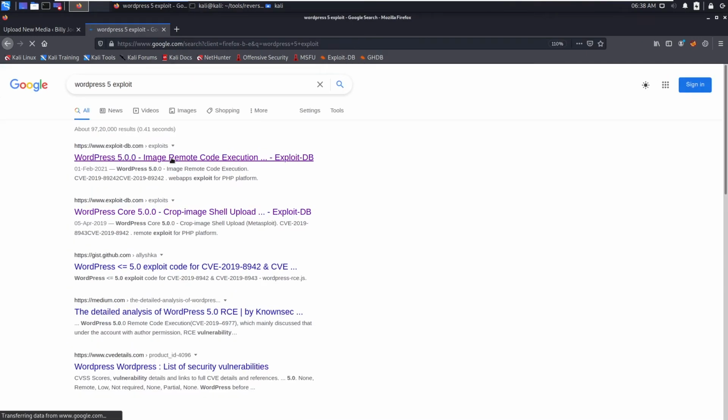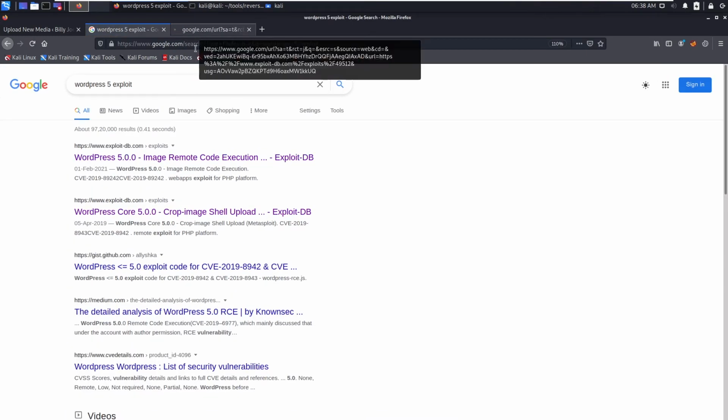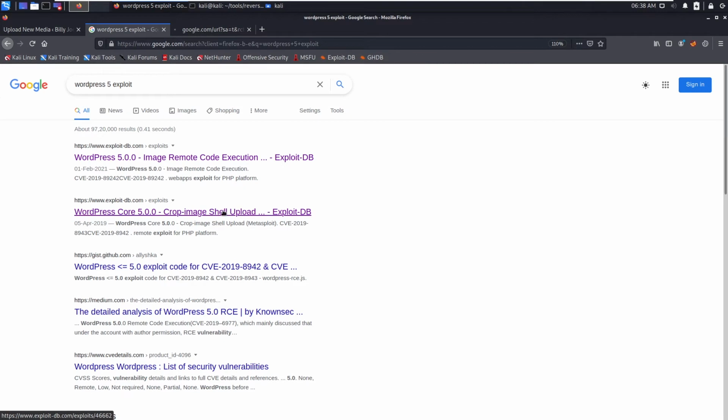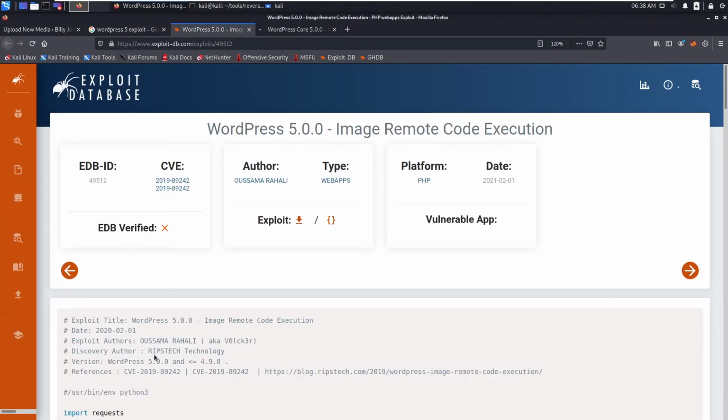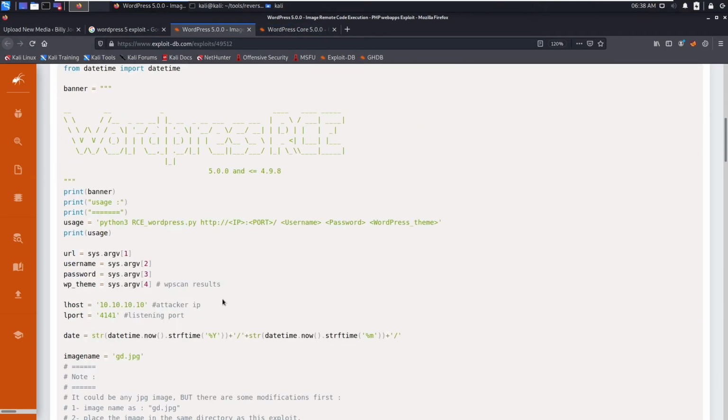One is image remote code execution, another one is crop image shared upload. This one worked because even when you upload an image, it's being cropped to some small size and the data has been truncated.